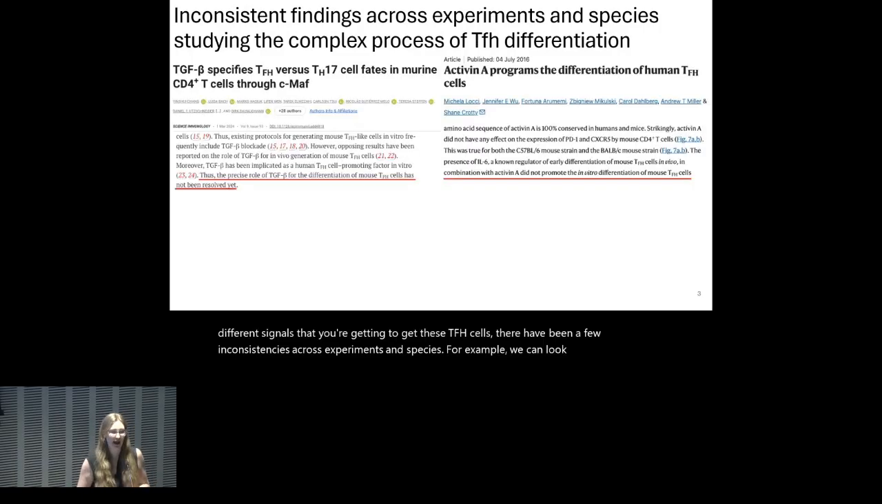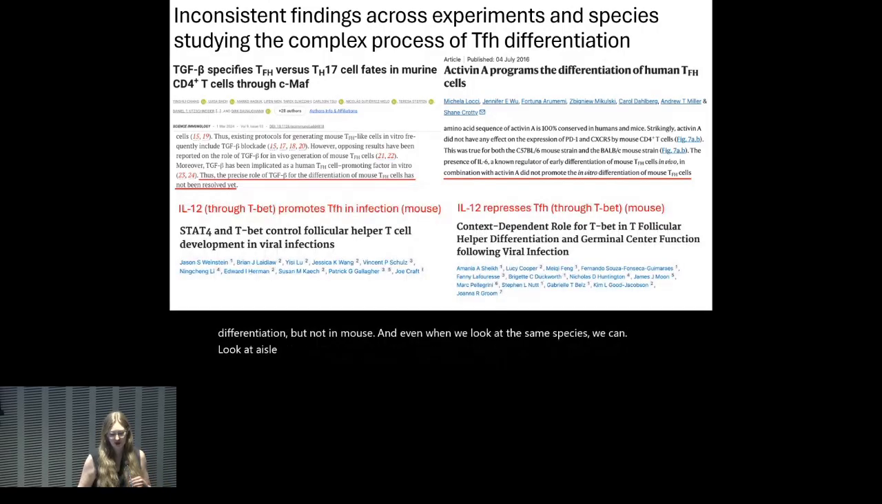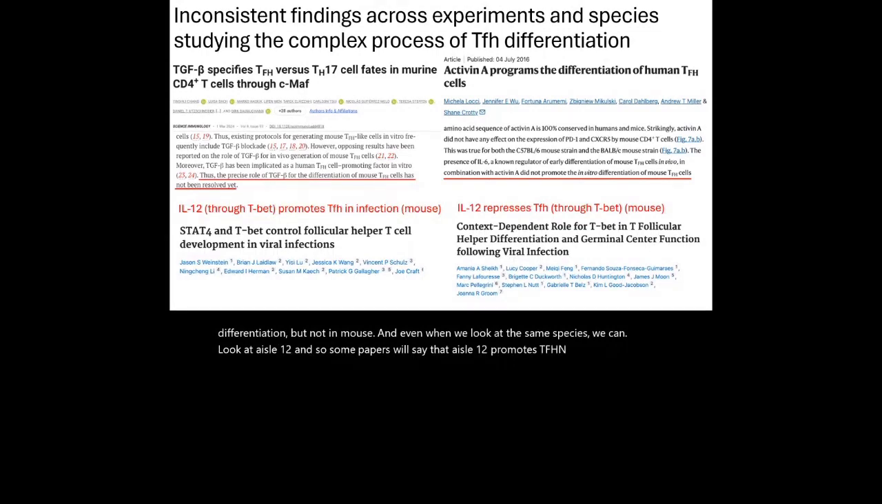For example, we can look at TGF-beta or activin A, which has been shown to be really important for human in vitro TFH differentiation, but not in mouse. And even when we look at the same species, we can look at IL-12. Some papers will say that IL-12 promotes TFH in infection, and the paper here on the right is